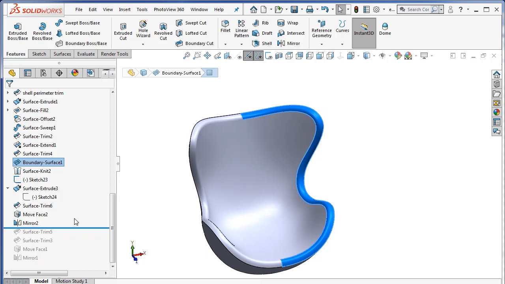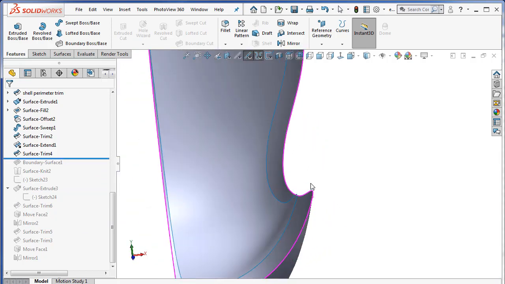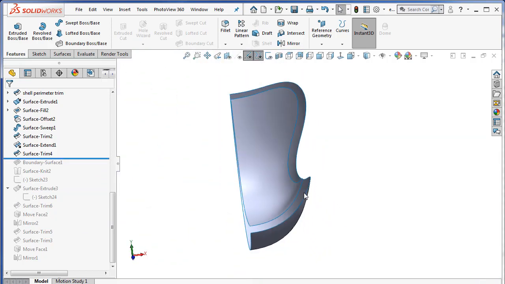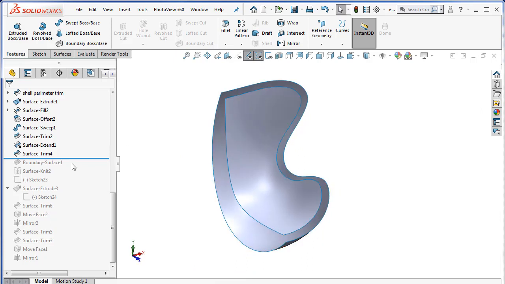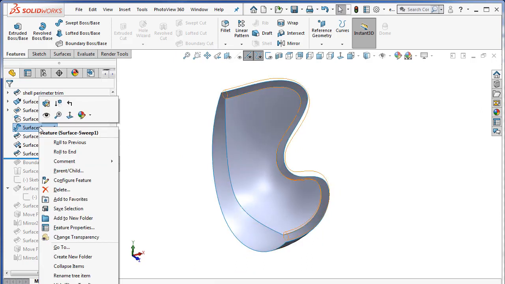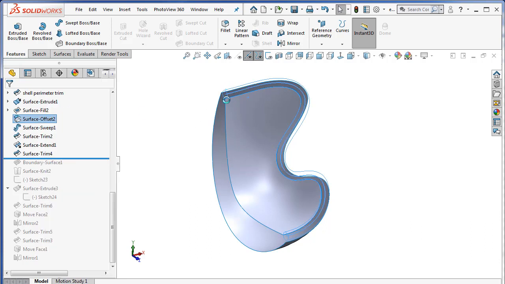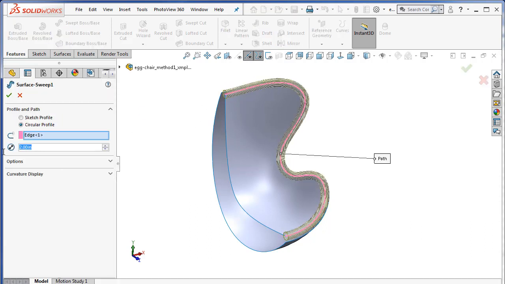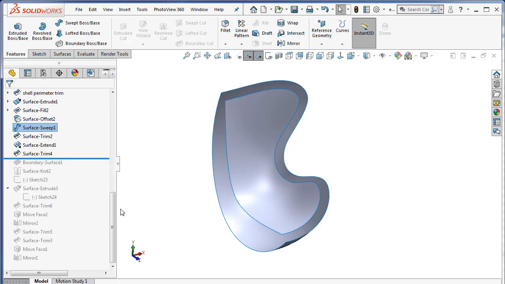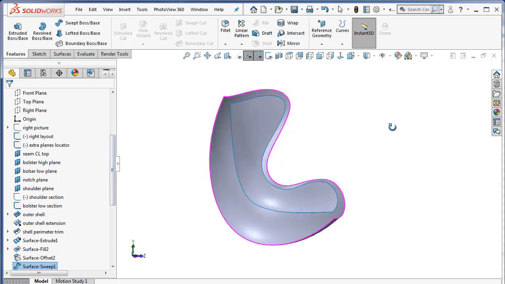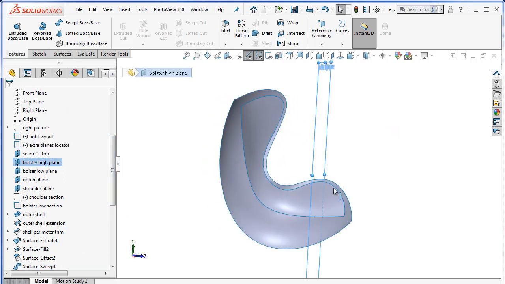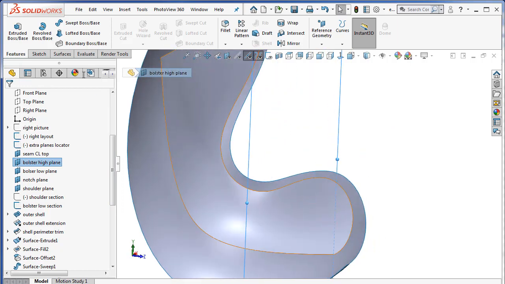So I'm going to roll back a little bit, and let's just say that I want to have a sketch right about in this area. I'm going to trim this back a little farther than I did before. So I'm going to change the diameter of this swept pipe to 3 inches, which means that the edge will end up being trimmed back by the radius of the pipe, which is 1.5 inches. Okay, now it just so turns out that I have a plane right in that location already, so I'm going to sketch on that plane,